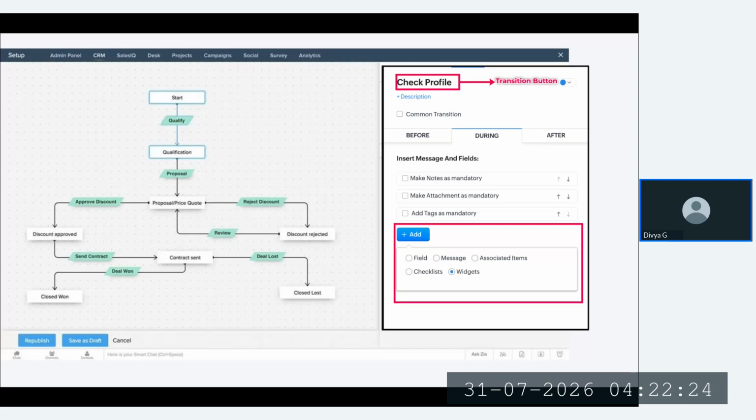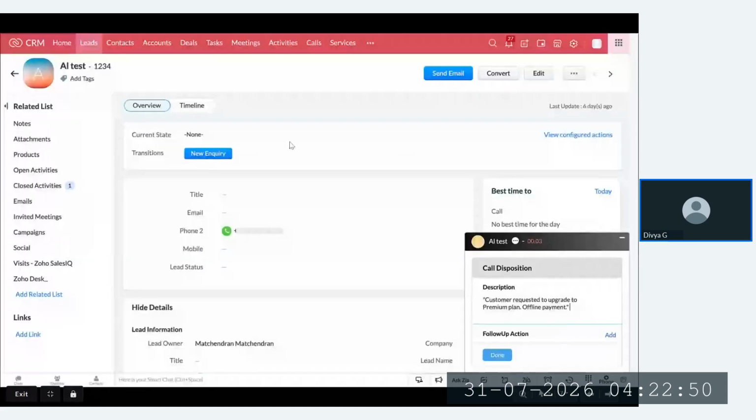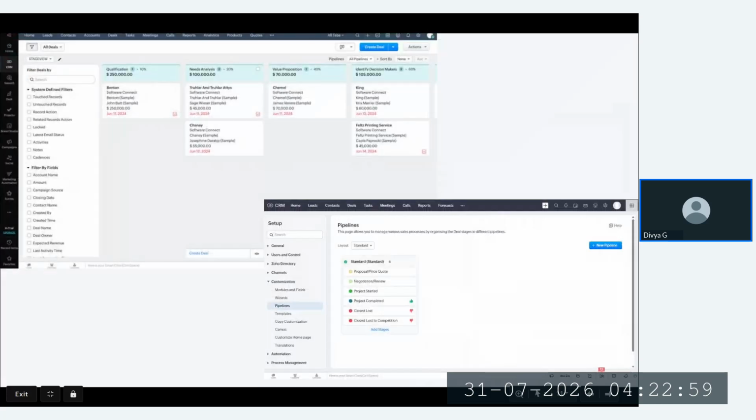Rather than creating a notification in the workflow, which creates one more workflow job, you can do that in the blueprint based on which status this particular action should be done. Once you created it, and as I said, if the lead is potential, you have to click on convert. Once you click on convert, automatically the deal and the contact will be created. For that, the basic required details should be given.